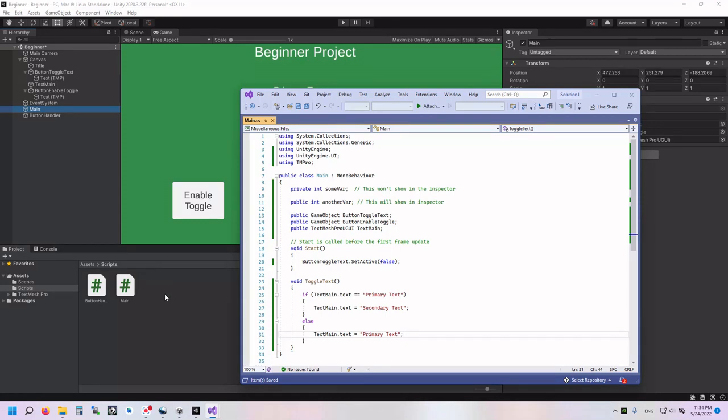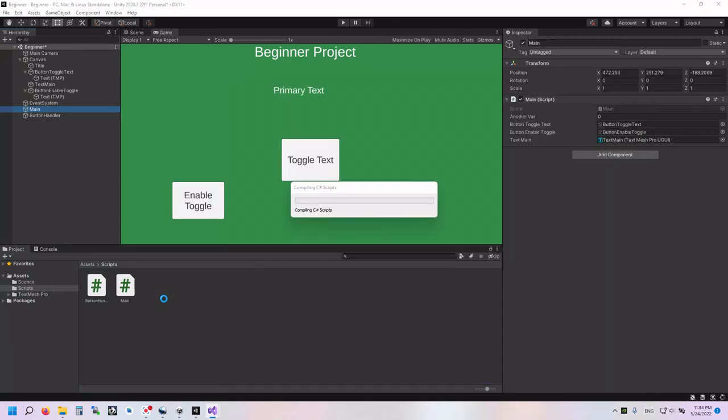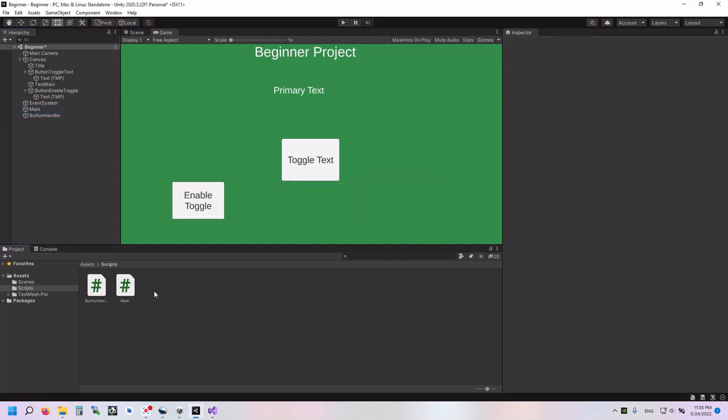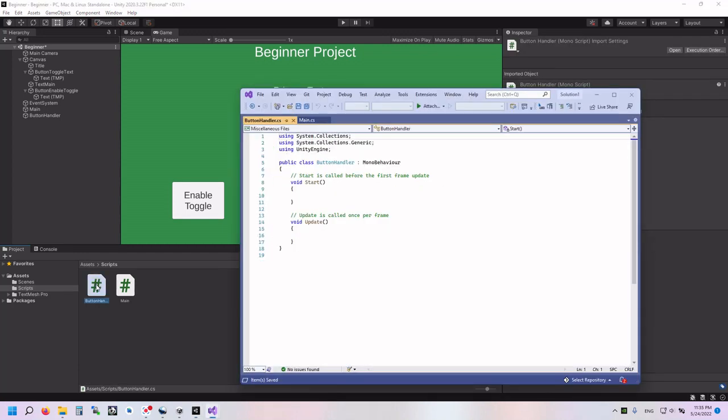Okay, and let it compile. And it should be no errors. Oh, good. I got it right for a change. You're always happy when your code compiles, and it doesn't take much for it to not compile. Now I'm going to bring up my button handler. Okay, and so here's my class button handler, and for this one again, I really don't need any of this,